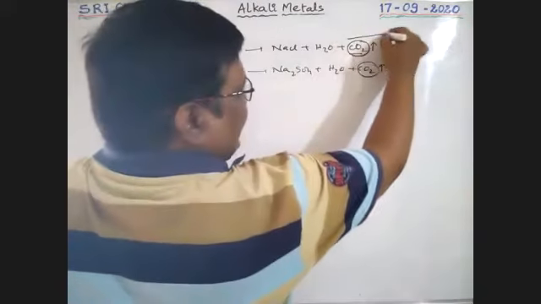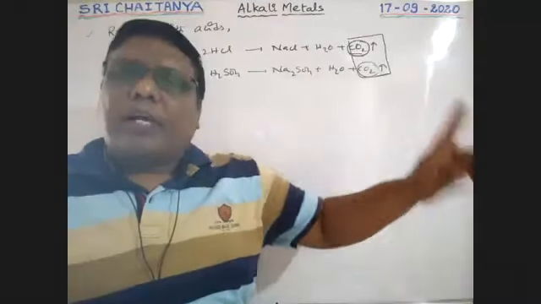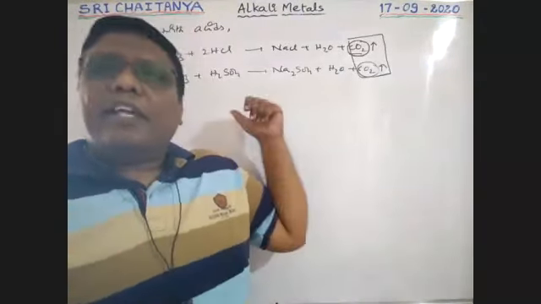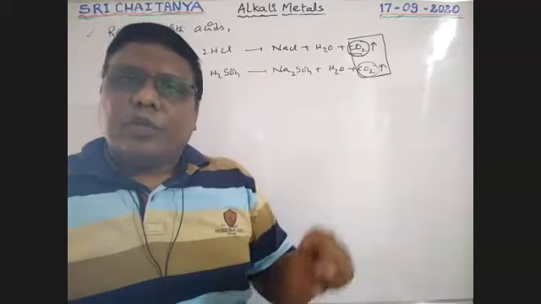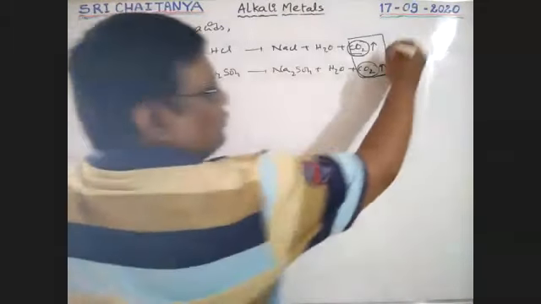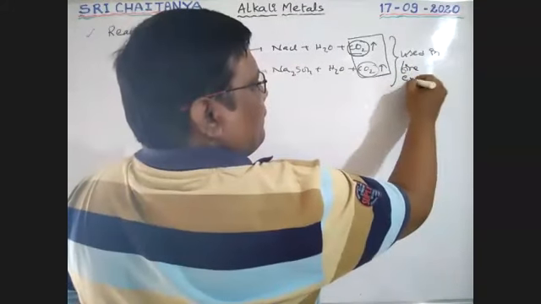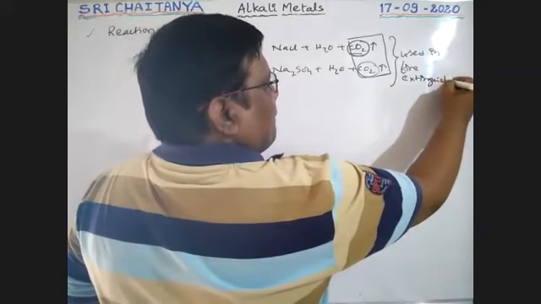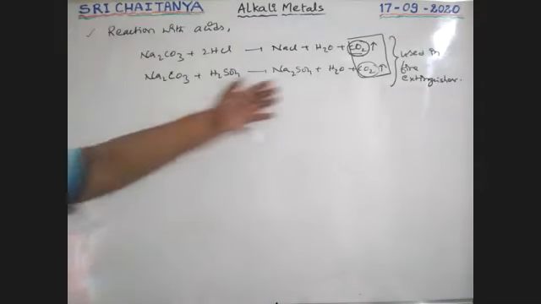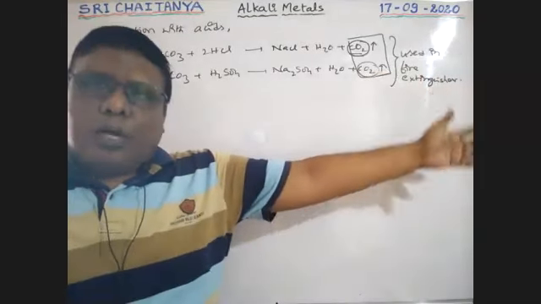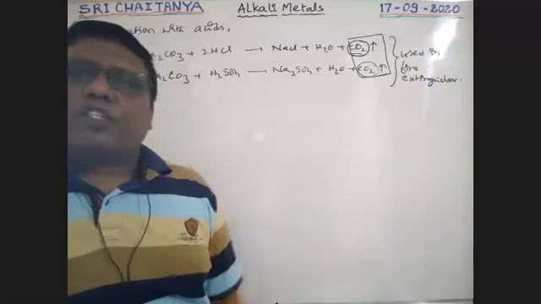Because this carbon dioxide gas is released when it reacts with acid, this carbon dioxide gas is used to stop fires. That is why Na2CO3 with acid mixture is used in fire extinguishers. These reactions are helpful, because the CO2 gas is used to stop the fire. That's why in fire extinguishers, this is very, very useful. Next,